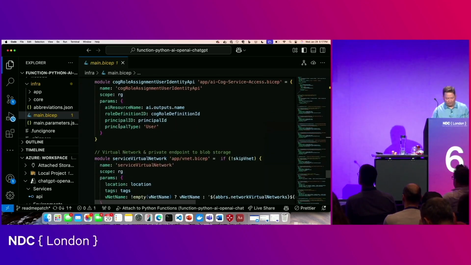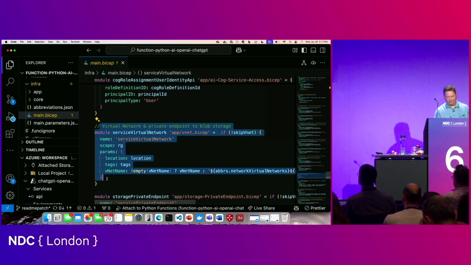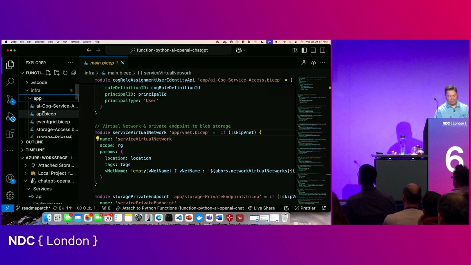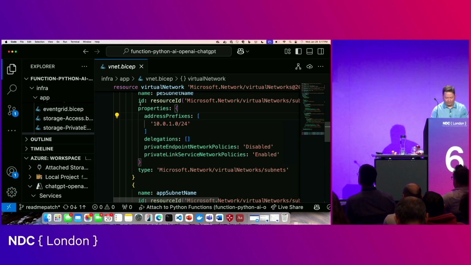As I mentioned, there's a matrix explosion. Here it is, virtual network. It looks really simple, like, hey, just drop a virtual network in here. This is backed by the vnet.bicep file, and I'd recommend studying this a little bit, because this really, to me, makes the concepts clear.